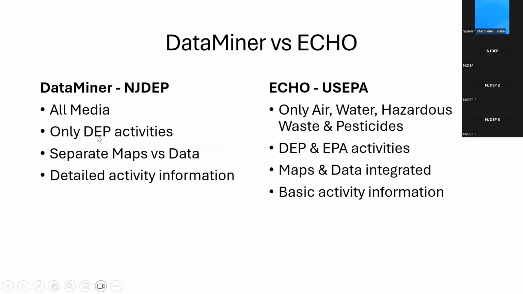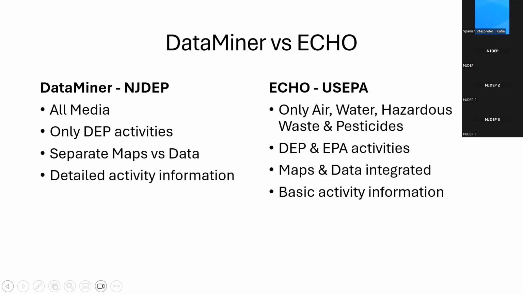Dataminer only has DEP activities, whereas Echo gives you all of our stuff plus EPA stuff. EPA does periodically come into New Jersey for various purposes, and it's nice that you can actually see what EPA found as well as what we found. With Dataminer, you saw that